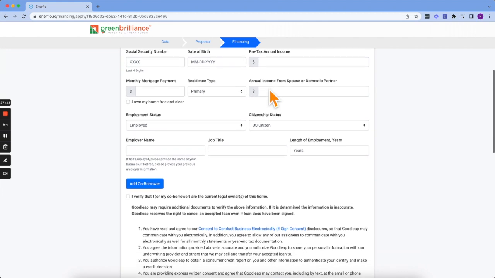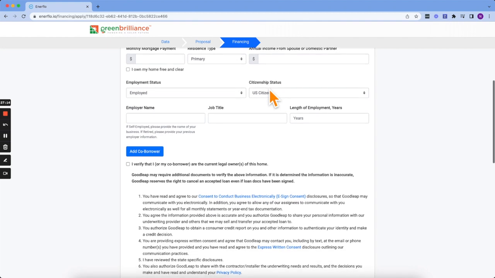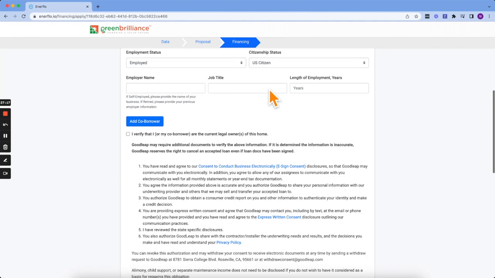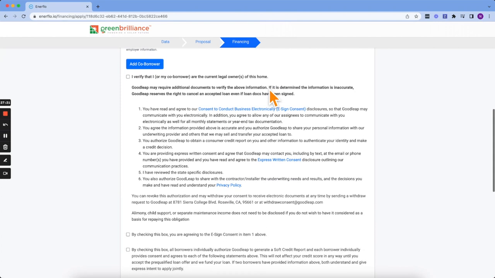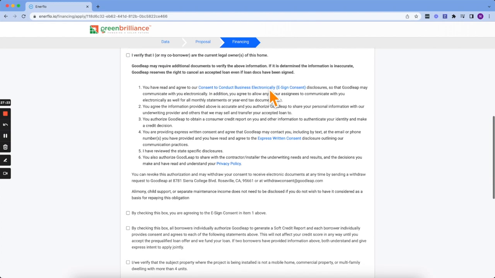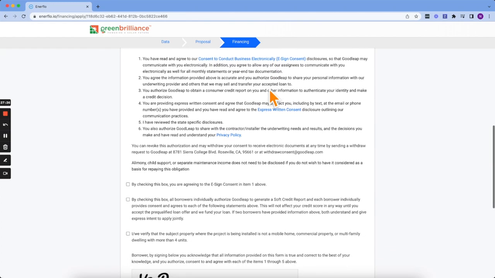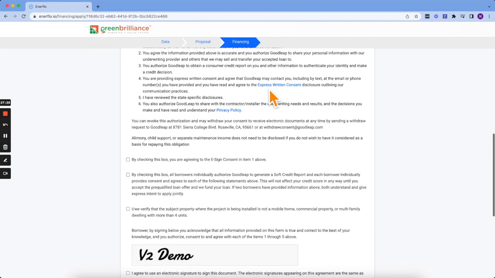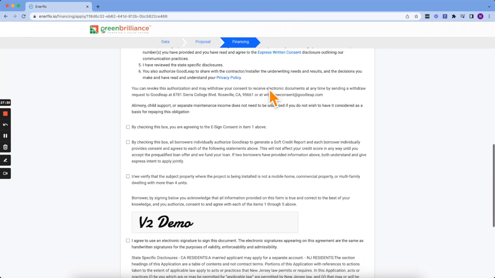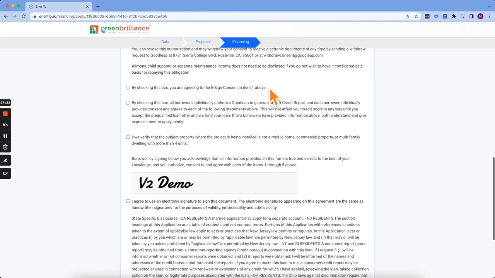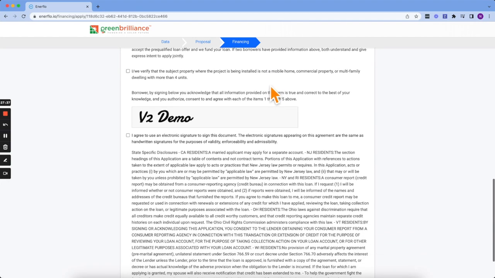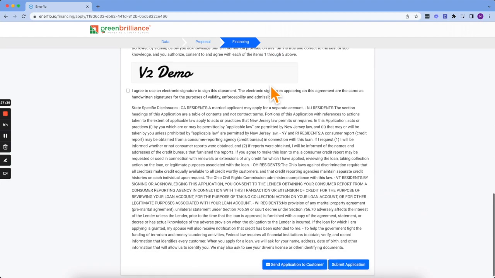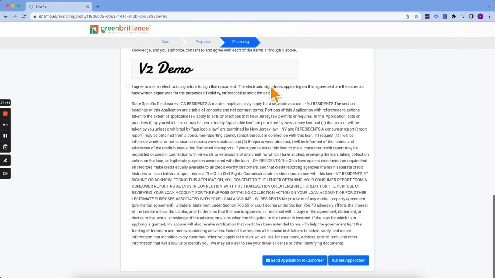Other documentation may be required. You'll hear from us if there are any stipulations. This is an integrated application, so completing this form is going to file a financing application with GoodLeap. The customer will be emailed a loan agreement separately, which you should help them sign before proceeding with the Enerflo contract. This is just a demo, so I'm going to click the skip button up here to go to the